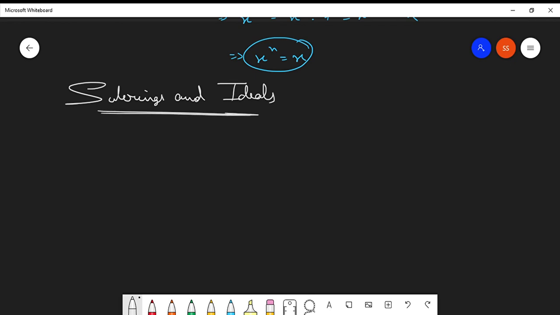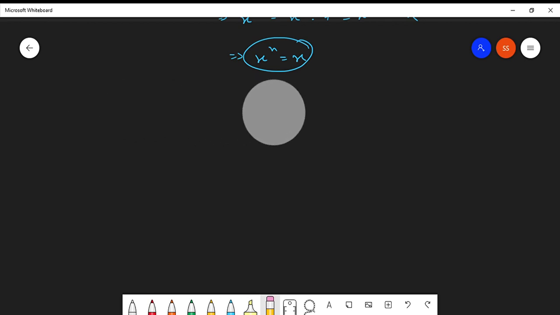So what is a subring? What is an ideal? In group theory, you have already studied groups and subgroups, right? So it is kind of similar to that, with a little bit of difference. Before moving on to subrings and ideals, let us learn a few more concepts. Let us talk a bit more about units. It is important. We are going to start subrings and ideals from the next lecture.